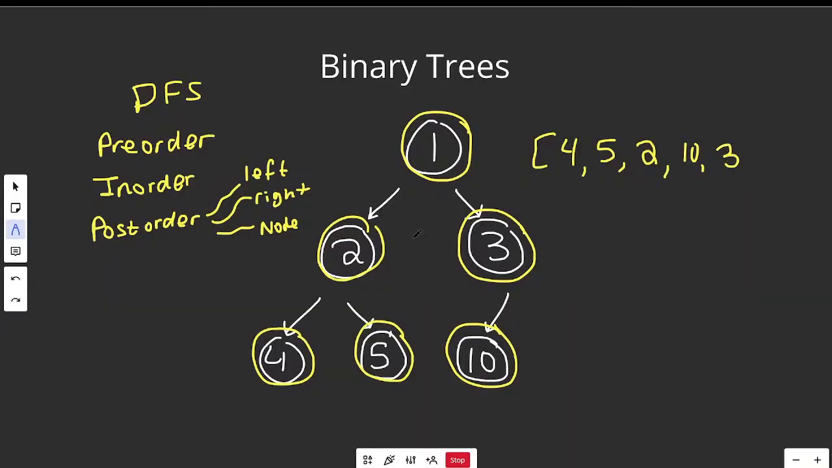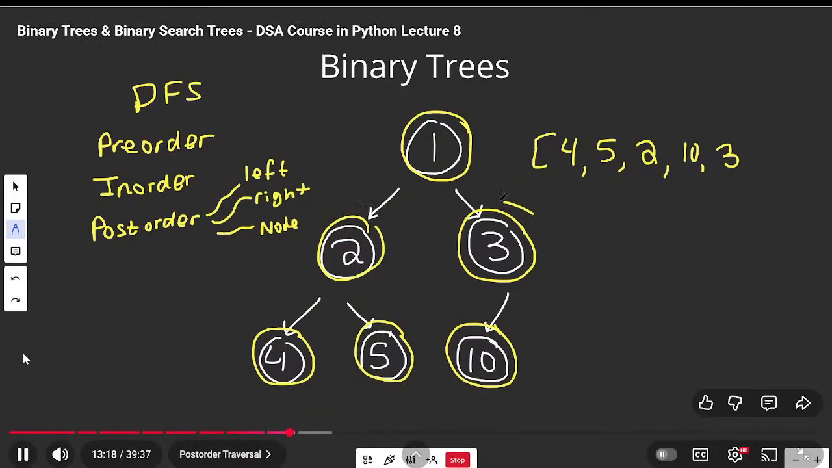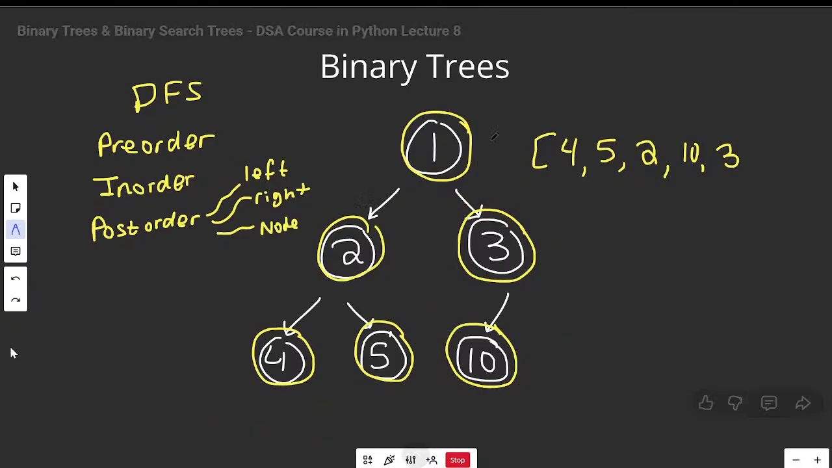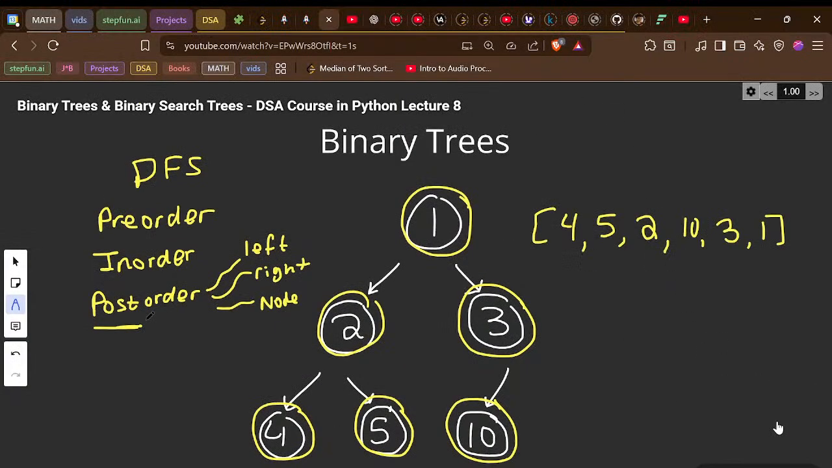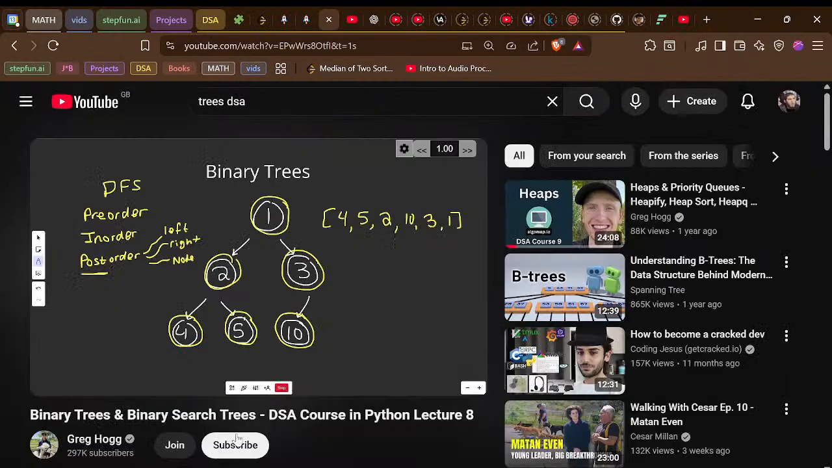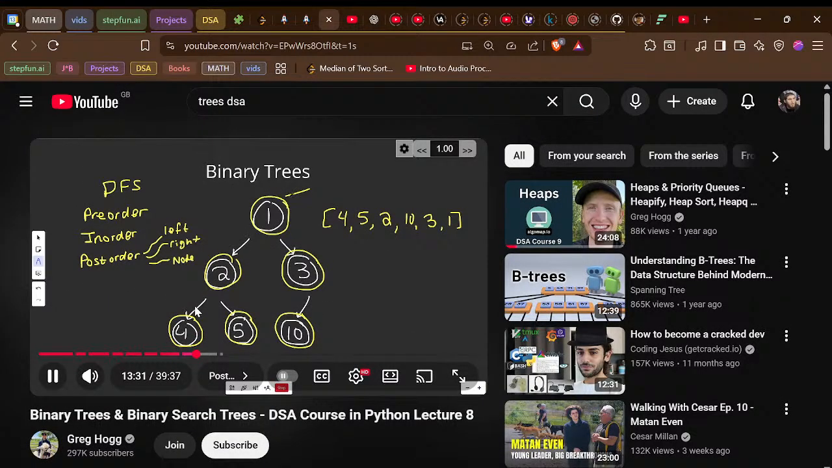The 1 would say, okay, we've done all the stuff in the left. We've done all of the stuff in the right. We're ready to process ourselves. And so, okay, we'll finish that off with a 1. So in a post-order traversal, it's post because your self comes last. We're doing it post the other stuff. So that's why, since the root